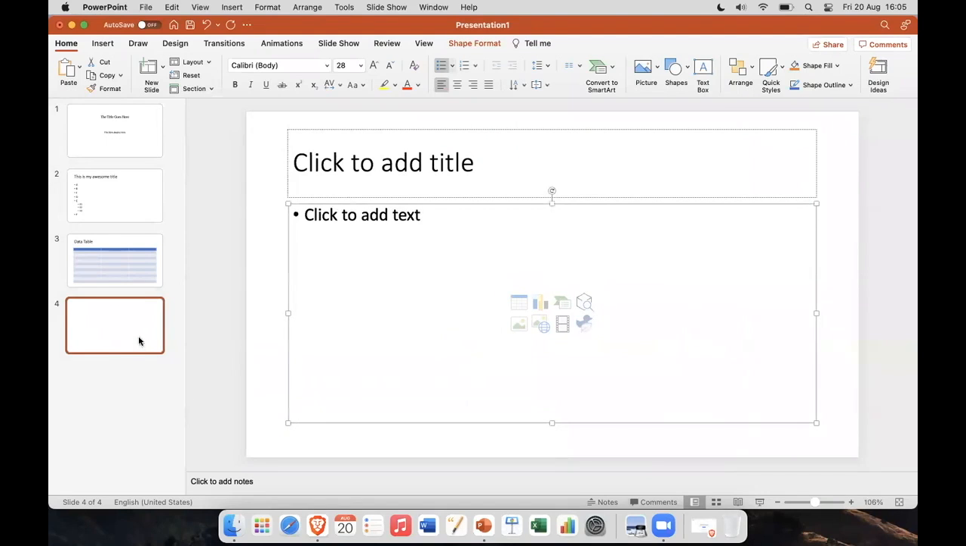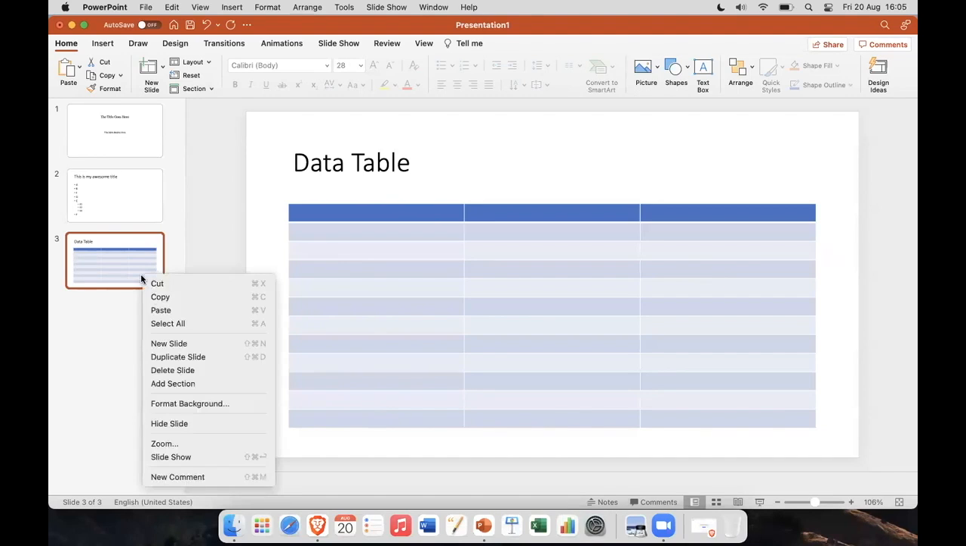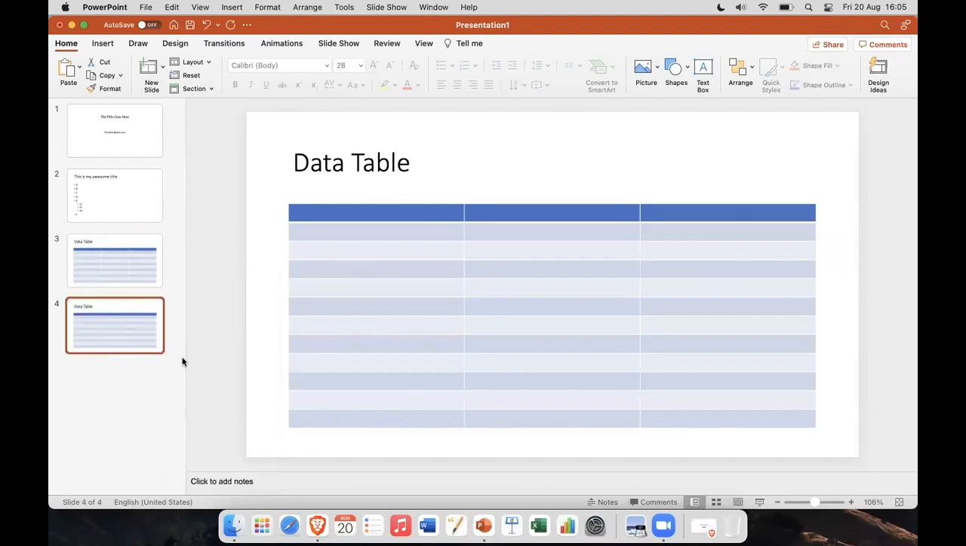Now, suppose you want another slide with the same kind of style. You've already created a table. You have more data to be entered as a table. So you want another slide with the same style. How do you do that? You just right click and it says duplicate slide. Okay, so duplicate slide will simply make a copy of that style,